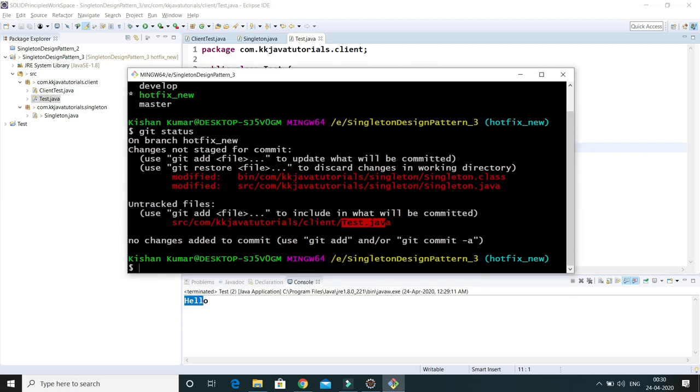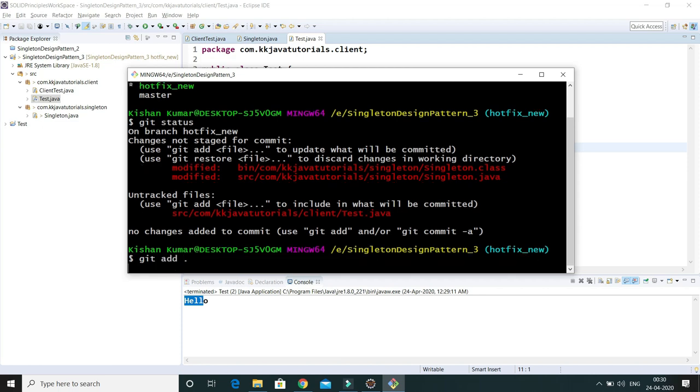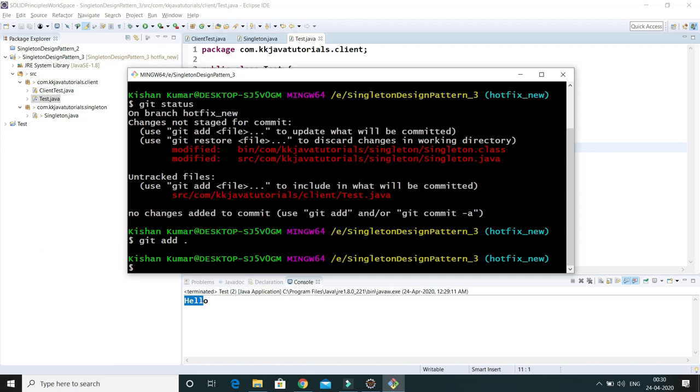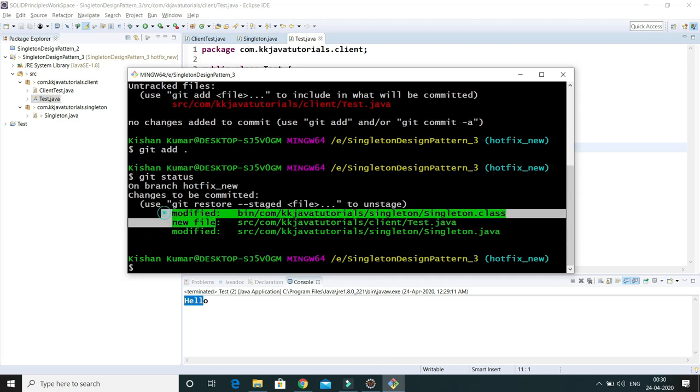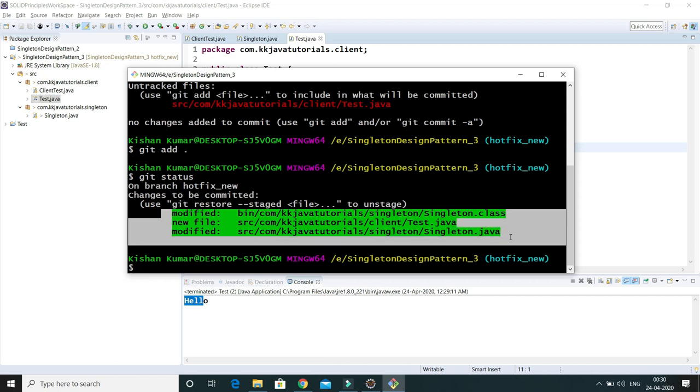Let's say I'm planning to add these changes to my staging area. For that you type git add and a period, so that all these changes will be added into the staging area. If I do git status, you can see all these changes have been added into the staging area. Now I want to commit it.